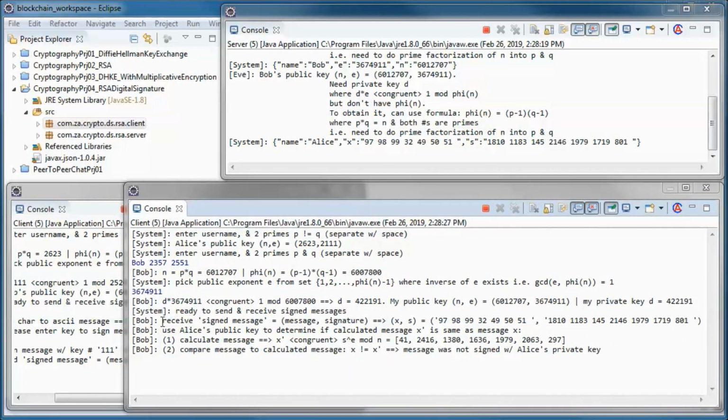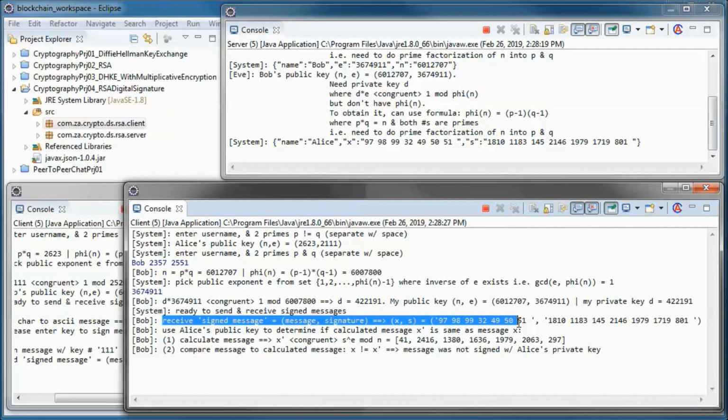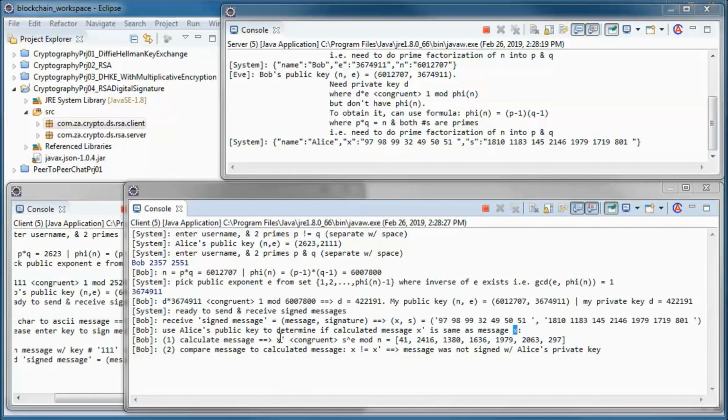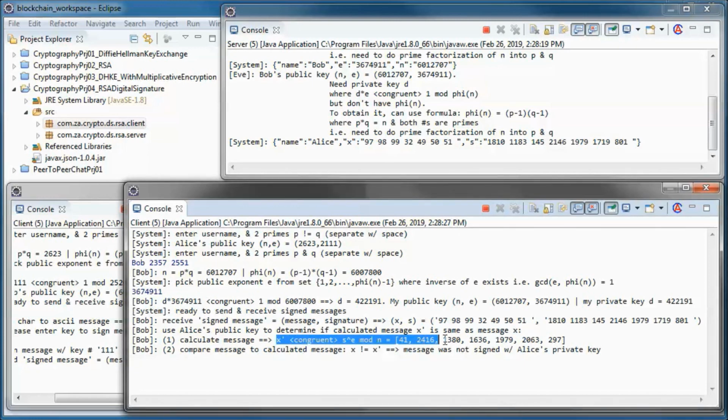and she sends that to Bob. And he receives that signed message and uses Alice's public key to determine if the calculated message X prime is the same as the message X. So he calculates X prime and compares it to X, and it is different.